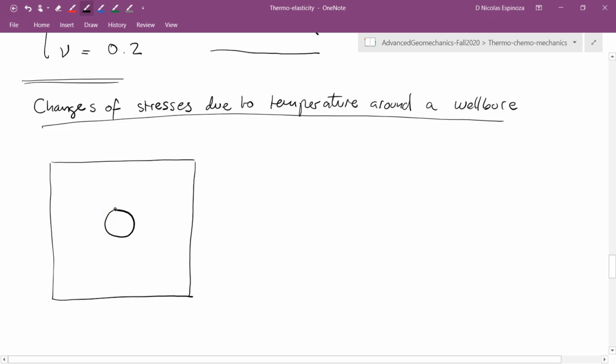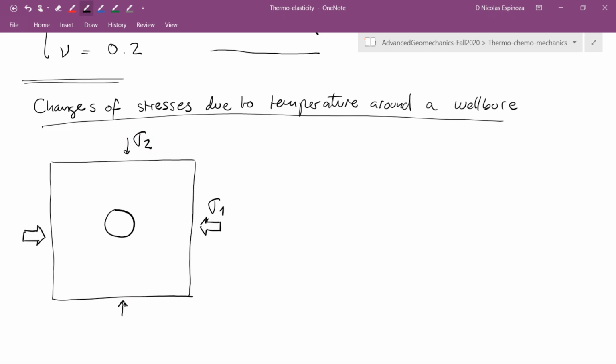Around the wellbore, in which I have far field stresses, for example, sigma 1 and sigma 2, where sigma 1 and sigma 2 are principal stresses, and sigma 1 is larger than sigma 2. The solution for this problem